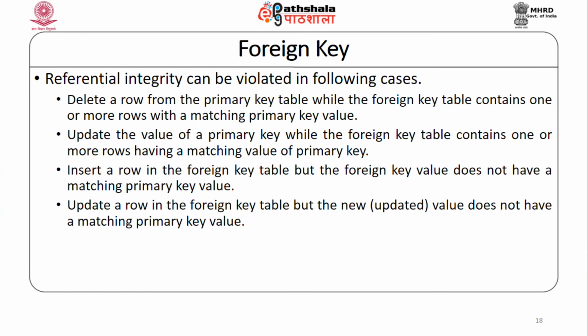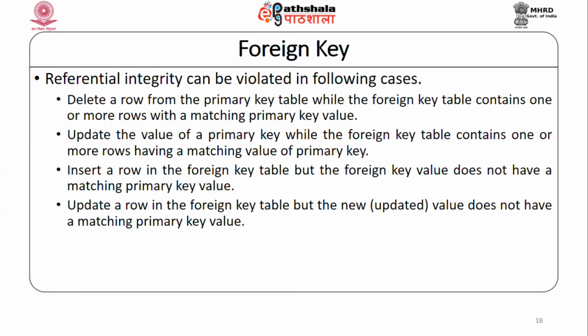either character or varchar. Now, referential integrity can be violated in any of these 4 cases. Say, for example, you have created a table with a primary key and that primary key is referred to in another table as a foreign key. Now, if you want to delete records from the primary key table, it will not allow you, because if you delete that record, what about the records referring to it in the foreign key table? They will become orphans. So, if you do not specify an on delete option, it will not allow you to delete,